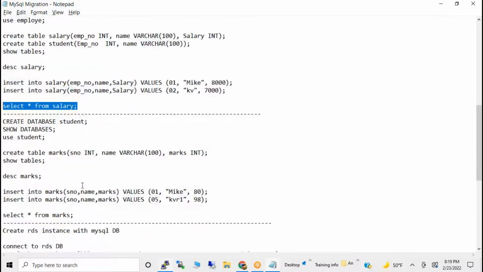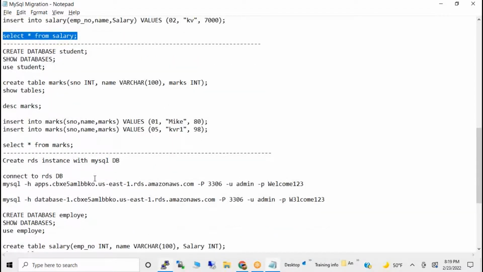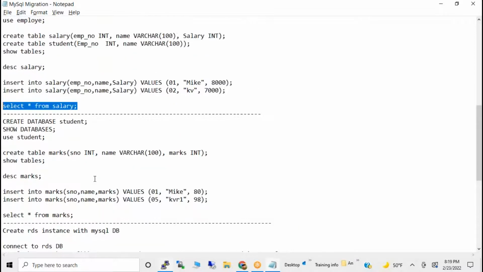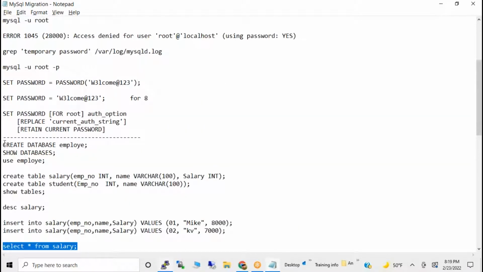So you can create one more database also if you want, a student database and a table for students and all. This is another example. This is the way we can create the database in the local machine. Very simple: create database, show databases to check whether it is created or not, use database to enter into the database, then you